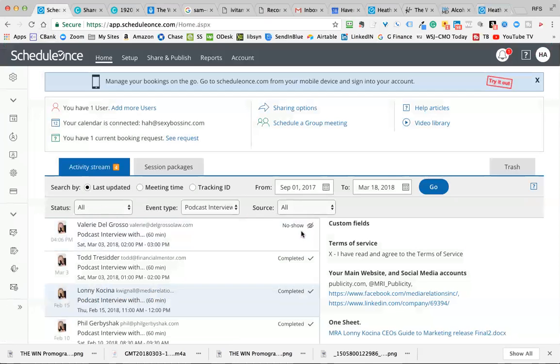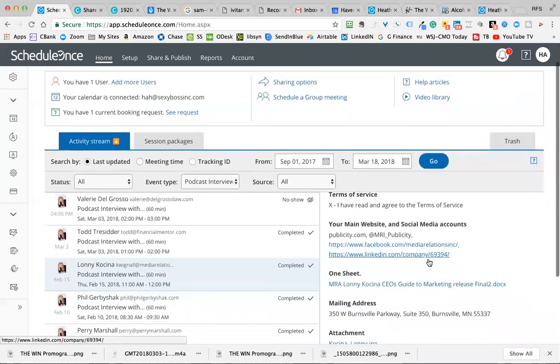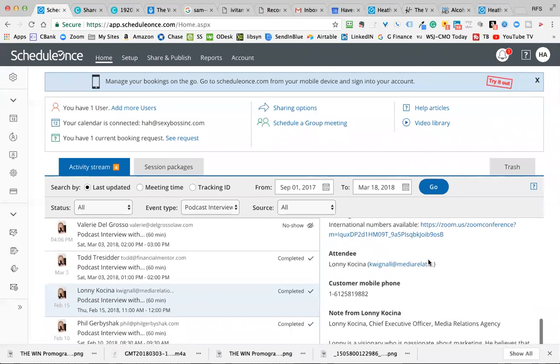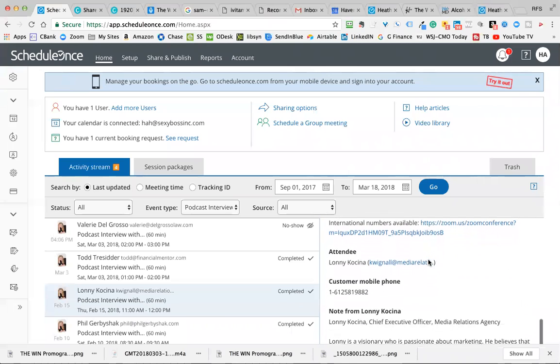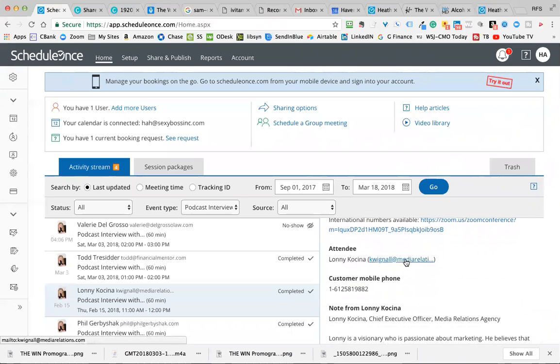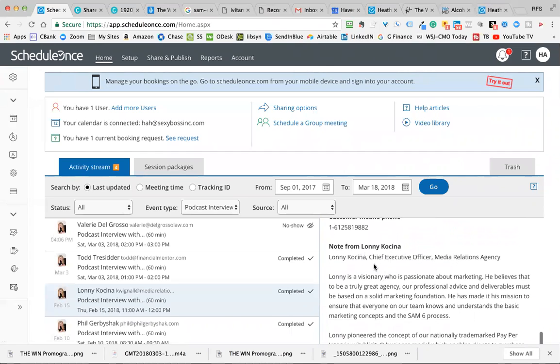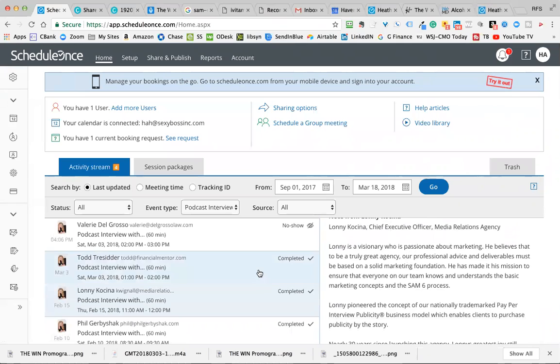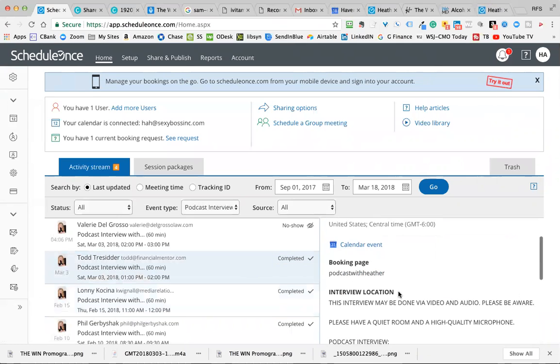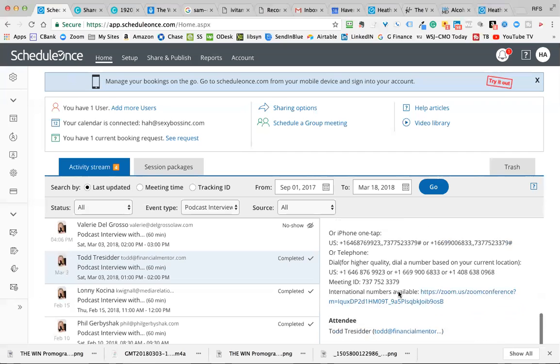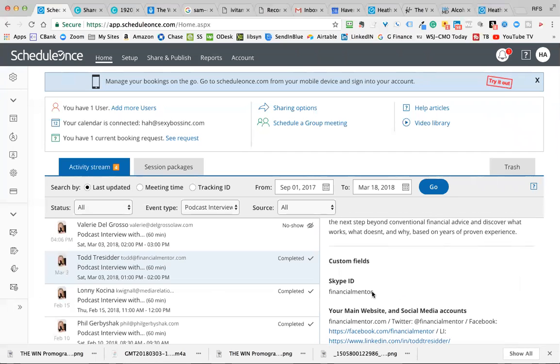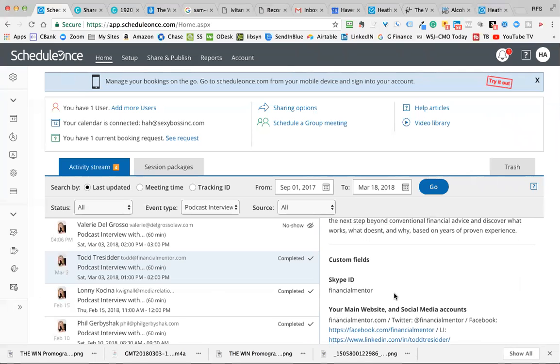And in the form is where I ask all these different custom fields. Okay, I'm going to go through them one more time. So the main thing that you want to make sure you have is, of course, who actually are you interviewing and their main email. The second thing is the customer mobile number, and I set it up so that SMS, they actually get reminders. And then it's called a note, but really in the question what they see is please place your bio in here, which I do. And then they add a Skype ID because sometimes I do the interview on Skype.